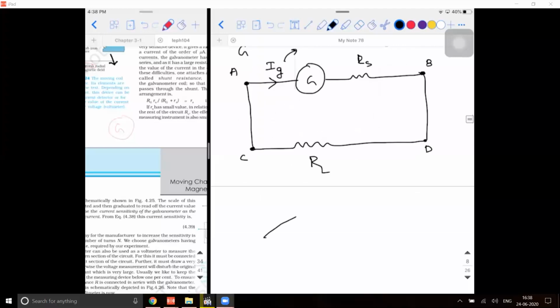Suppose there is a galvanometer in your hand which is between 0 and 30 divisions. What is the full scale deflection that is possible? It is 30, right? So the current you pass through a galvanometer, wherever the pointer stops at 30 divisions, the amount of current that you have sent at that particular instant is what is called the full scale deflection current. So you should always have this point in mind. IG generally stands for full scale deflection current.